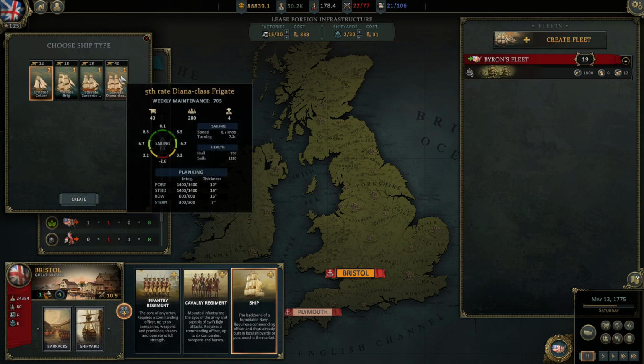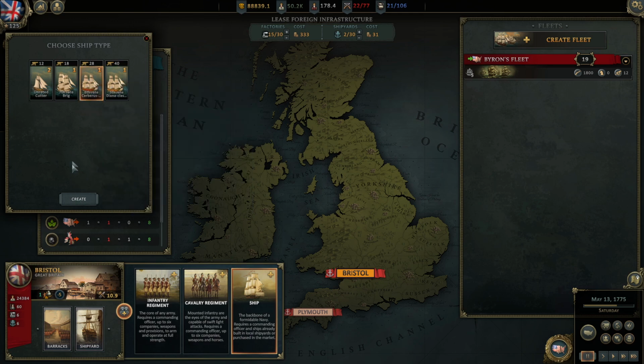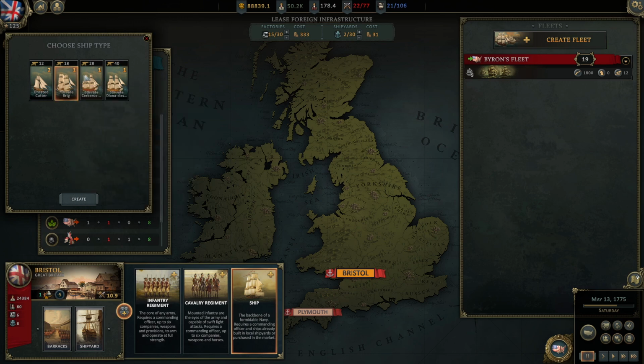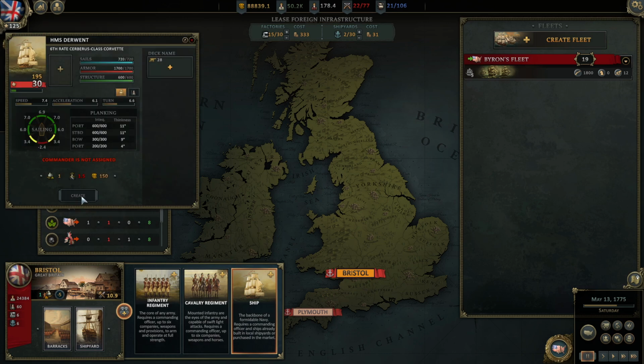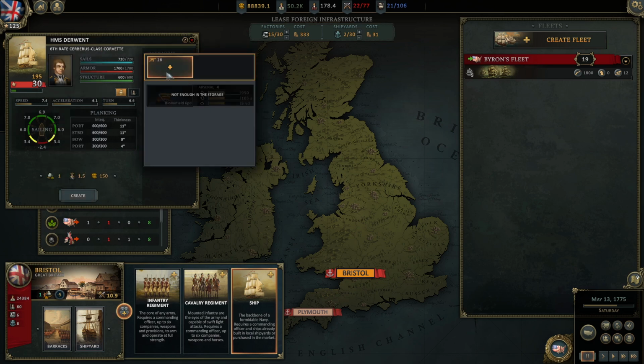We've got a 5th-rate Dana-class frigate. I don't know that I need a 40-gun frigate, but a 6th-rate 28-gun sloop. I guess that would be more like a frigate, but frigates are usually 5th rates. 6th rates are usually sloops. I don't know why a 7th-rate brig has 18 guns, but we'll do a 6th-rate 28-gun sloop-ish. We've got, I think, sufficient officers to command it, and then we can go ahead and we don't have enough